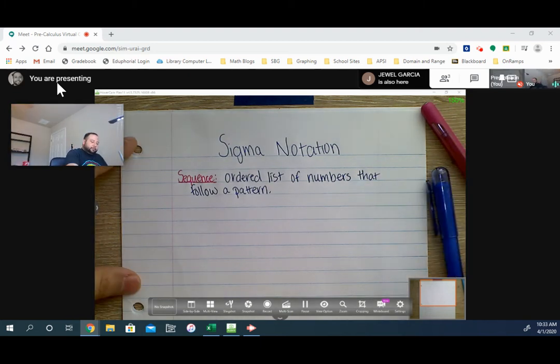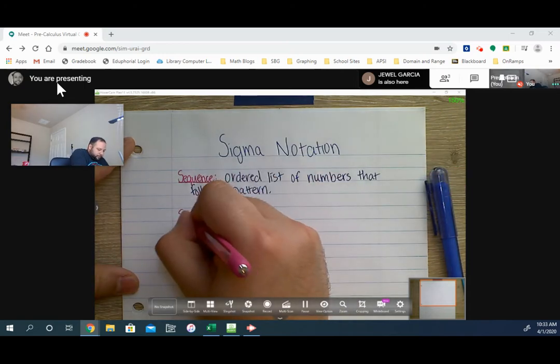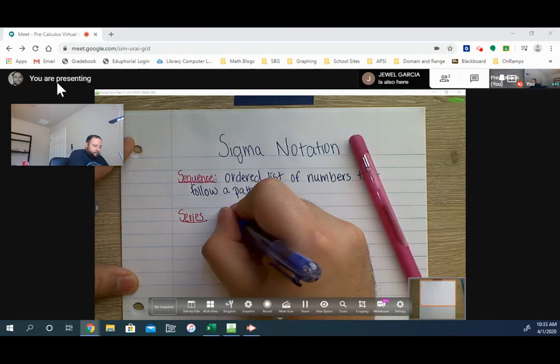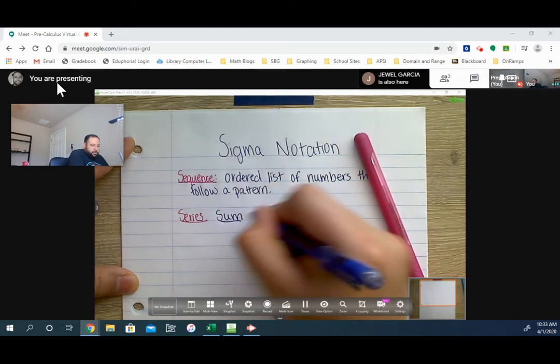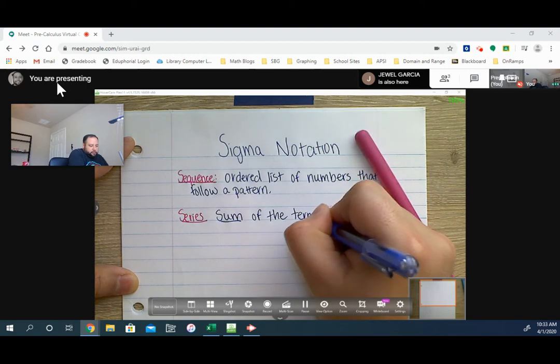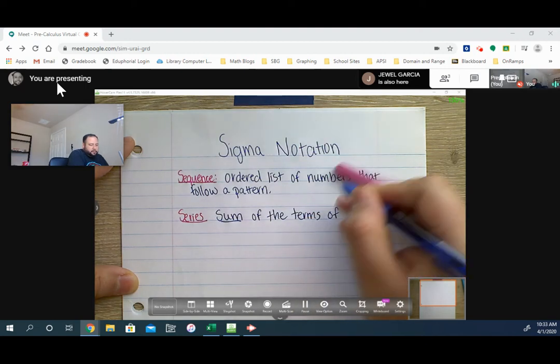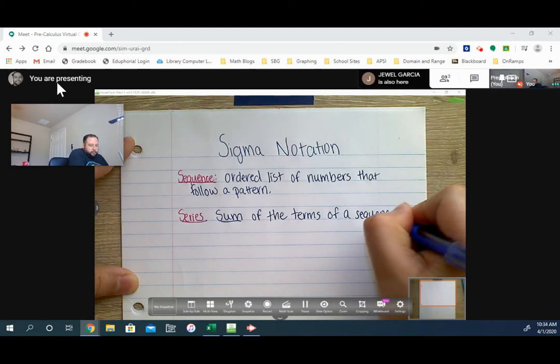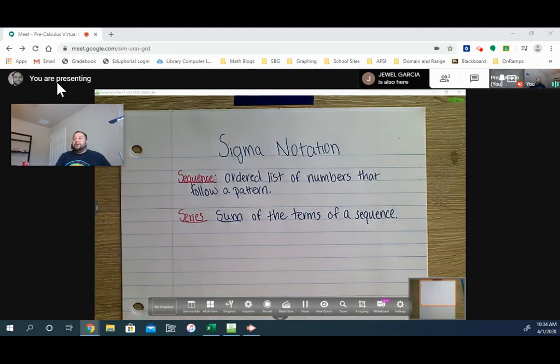So a series is the sum of the terms of a sequence. Okay, so it's going to be the sum of the terms of the sequence. So this is the notation that we use for that. We have